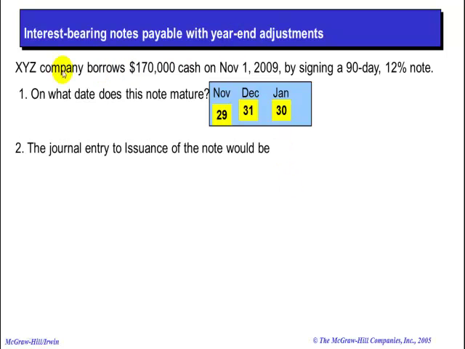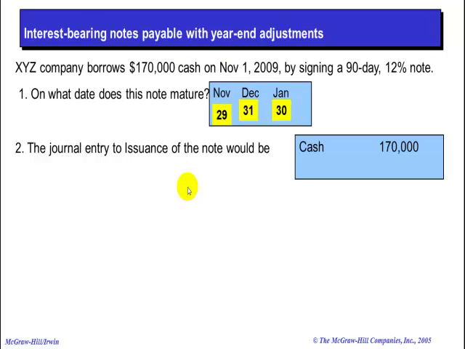The journal entry to issue the note would be, let's see, we signed this note on November the 1st. So on November the 1st, we're going to debit cash, because we borrowed the money, and credit notes payable. And next,